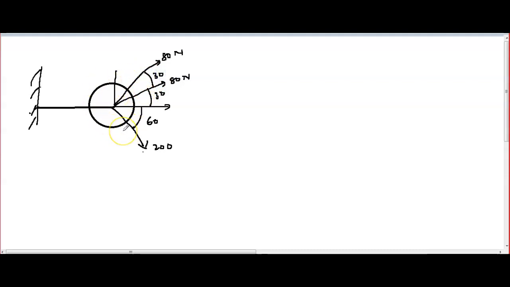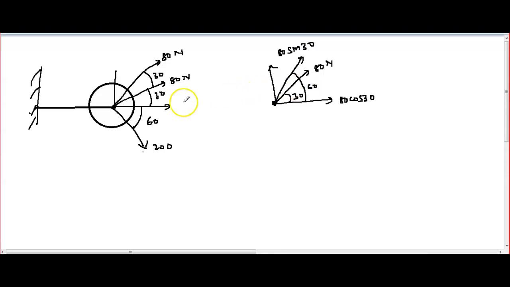So here the diagram is given. If any question comes with an application type, don't get confused. We only have to worry about whatever point is there and how many forces act along with it. So this is horizontal, nothing is given. With this one 80 Newtons is given, and angle is 30. So I can write this one 80 cos 30, and this direction 80 sin 30, right? This one is 80, and the angle is 60 from here, because 30 plus 30 total is 60.